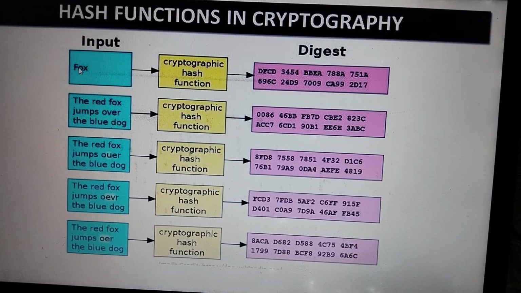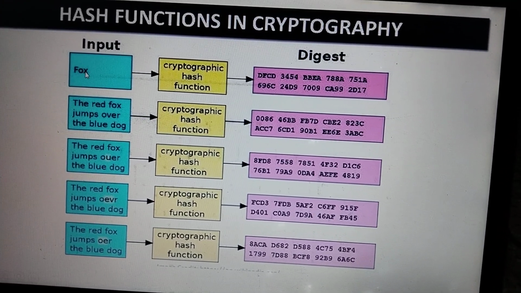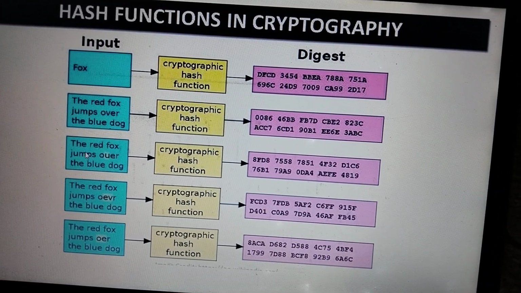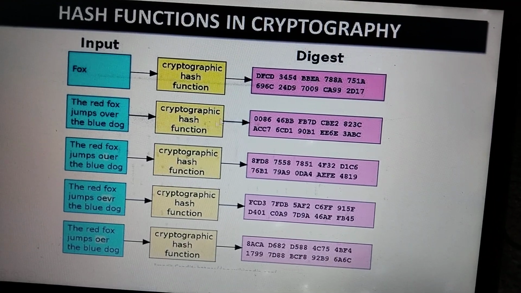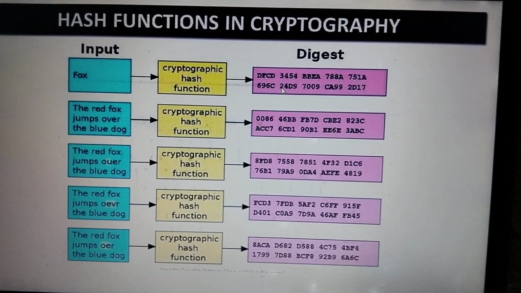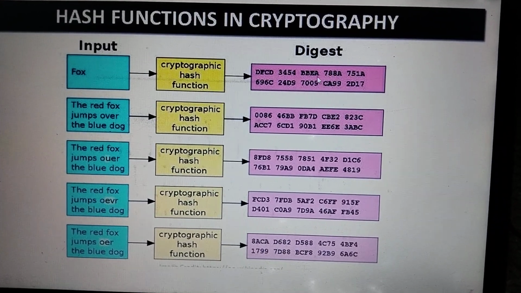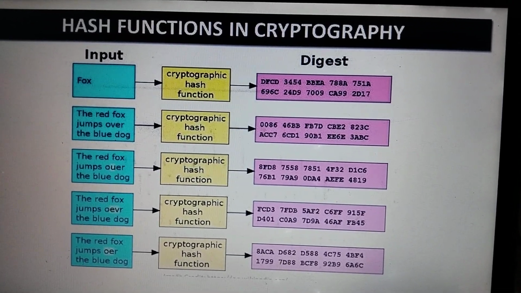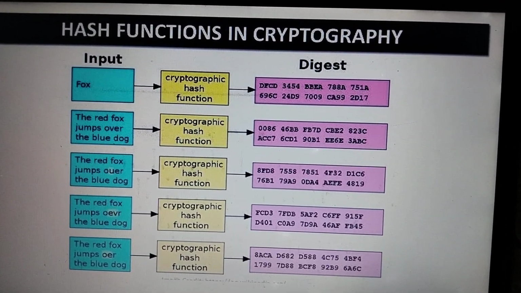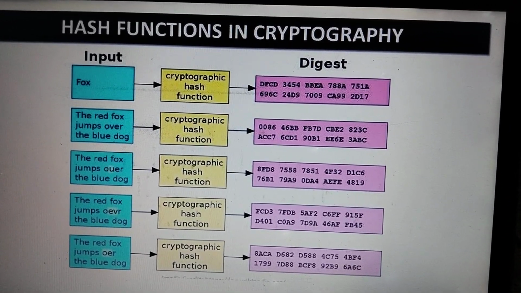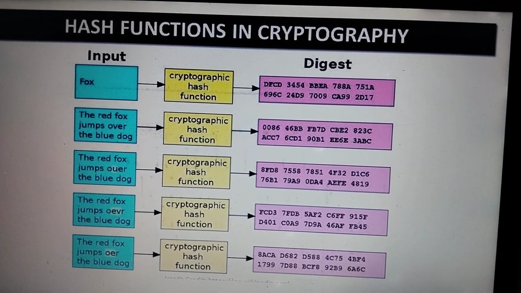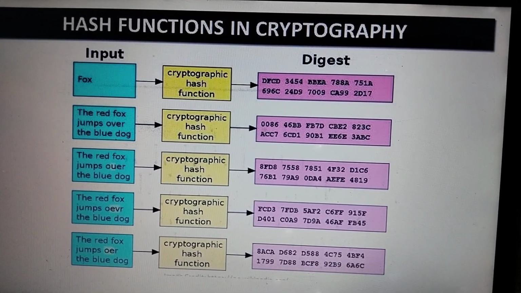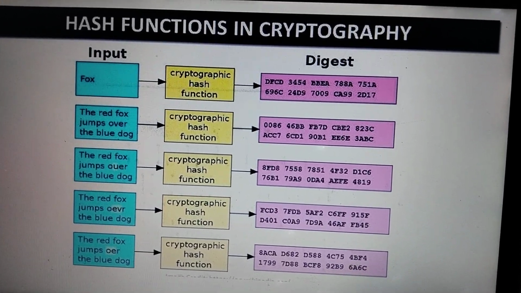Here we are giving an input, "fox", which has a length of 3, and here the input length differs, and here also it differs. But what message digest are you getting? You are getting a fixed length message digest as the output. So a hash function in cryptography is one of the cryptographic algorithms. It maps input of any size that we are giving into a unique output of a fixed length of bits, which is nothing but the hash digest value.